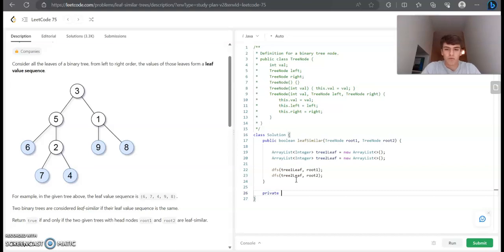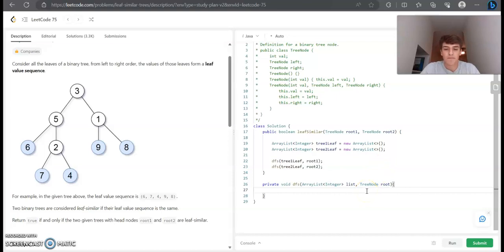So private, and we're going to make it a void method because we're not actually going to return anything since this is going to be a recursive method. So private void, and we're going to call it DFS for depth first search algorithm. Then we'll define our parameters. We'll call this one list, and then this one, tree node root, right? Okay. And then what we'll say is if our root equals null,